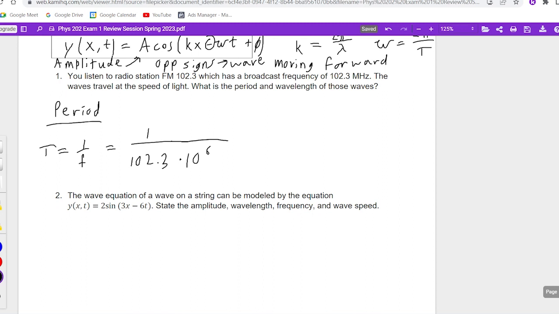And I already plugged this in my calculator earlier. So the answer, I'll just tell you, if you plug this in your calculator, 9.78 times 10 to the negative 9th, and the units for period is seconds. So there's the period, just 1 over the frequency, not too bad. And then if we want to find the wavelength